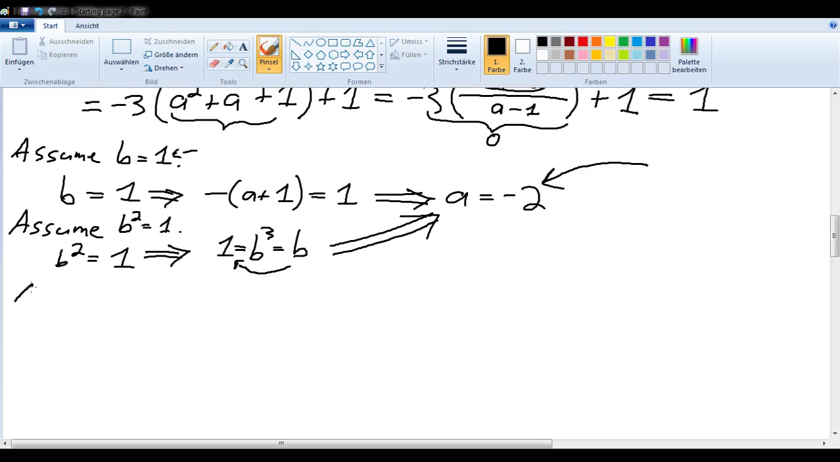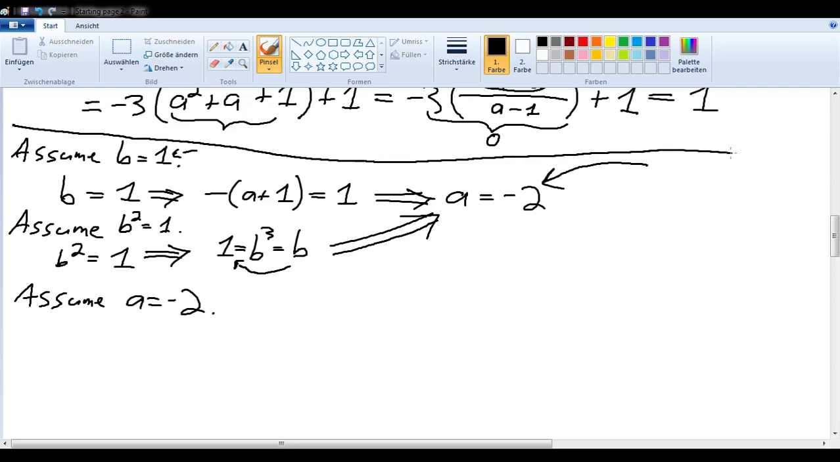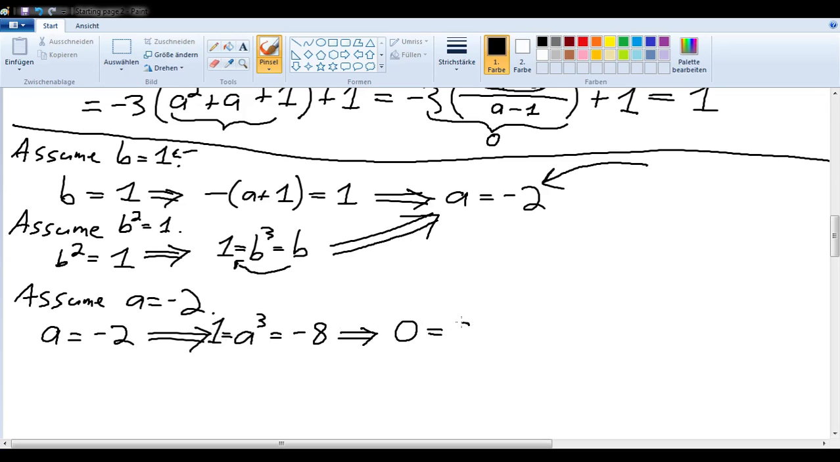So let's assume that a is equal to negative 2. What we want to do now is show that that leads to a contradiction. And all of this will be gone. So, if a is indeed equal to negative 2, then that would imply that a to the third would be equal to negative 8. But we already know that a to the third is equal to 1. So if we add 8 to both sides of this equation, we end up with 0 being equal to 9,